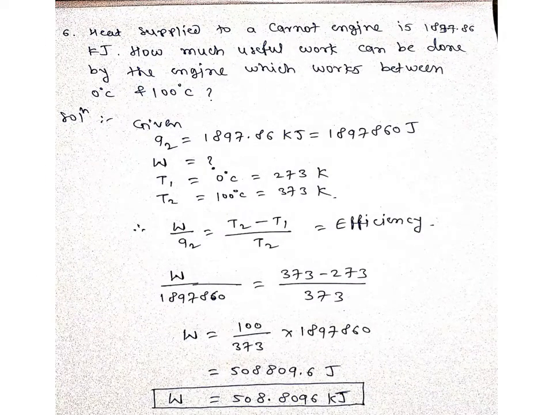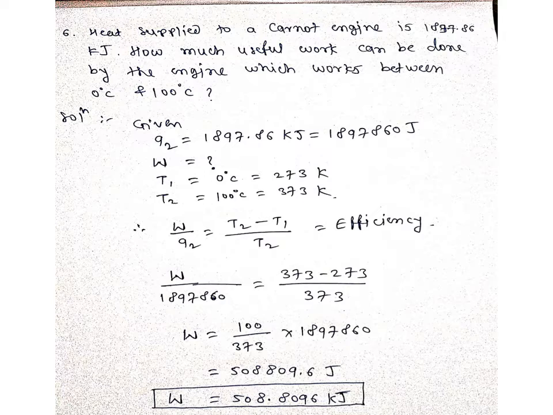Problem number 1. What is the change in entropy when 1 mole of helium gas is heated from 200 Kelvin to 400 Kelvin at constant pressure? Given heat capacity at constant pressure for helium is equal to 20.78 joule per mole per Kelvin. Now we will solve this problem, that is solution. Given number of moles, 1 mole,